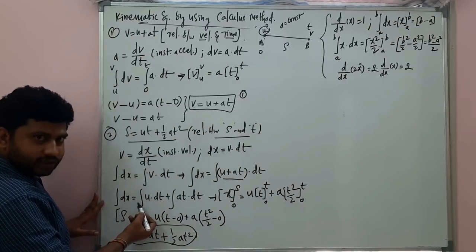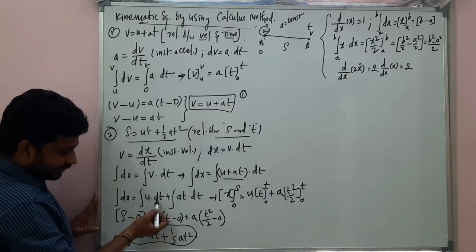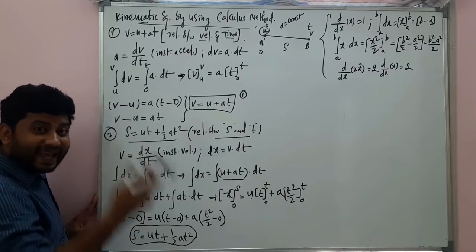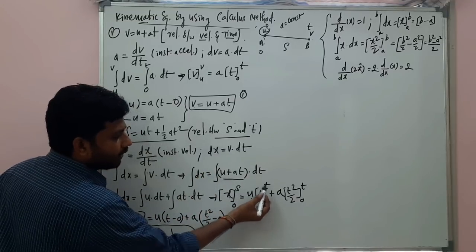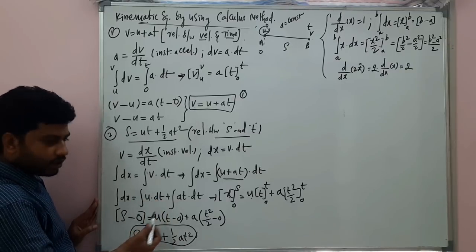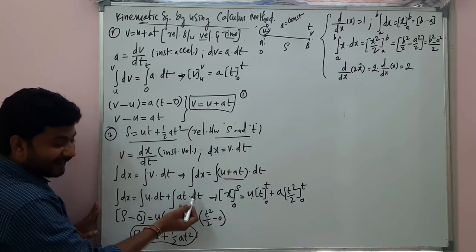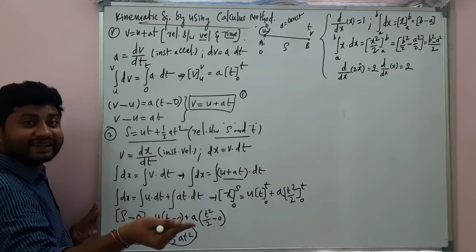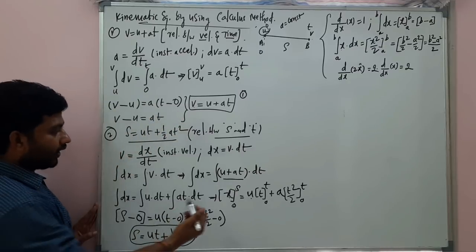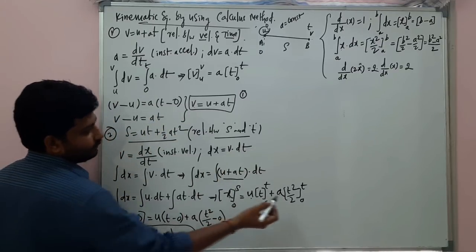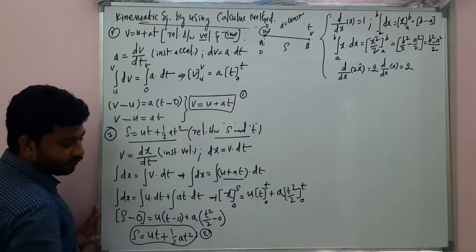Integral u dt. u is constant, and what is left here? Integral dt. That constant I wrote here. Integral dt is in the form of integral dx, and integral dx is x. So the same thing I wrote. Integral dt is t, but it is having limits, lower limit and upper limit. Plus a. a is constant, it comes out. And what is left here? Integral t dt, in the form of integral x dx. Integral x dx is x square by 2, so it's t square by 2, but limits 0 to t. You know how to apply the limits. So this is the second equation we have got, my dear students.